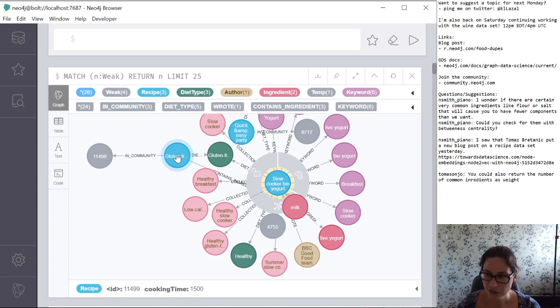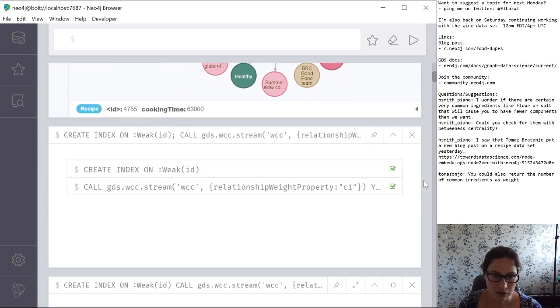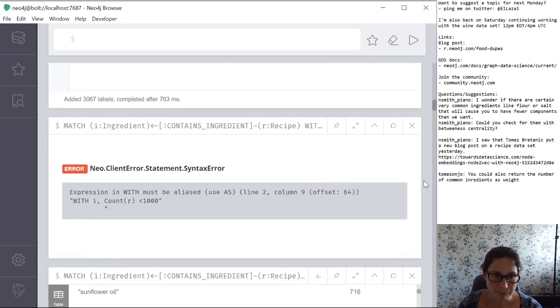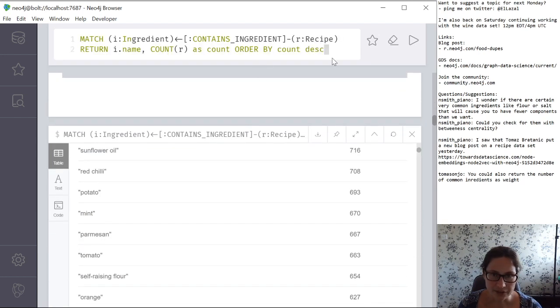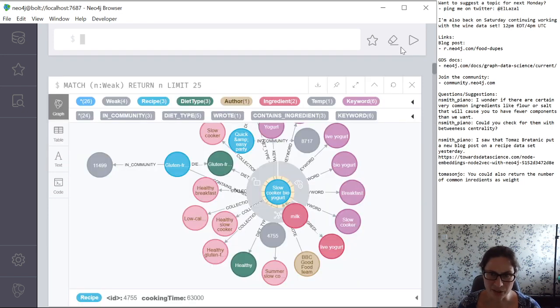So we've excluded the really popular ingredients, and maybe it makes sense as well to get rid of the rare ingredients as well. So let's quickly go back to our ingredients query that we had. Let's go in the opposite direction. Let's just order by count. By default, if I get rid of this, it will order ascending. And what we probably want to do is get rid of the rare ingredients,